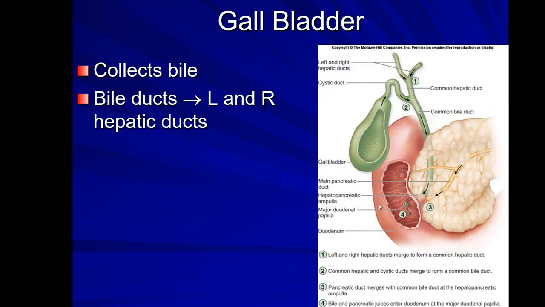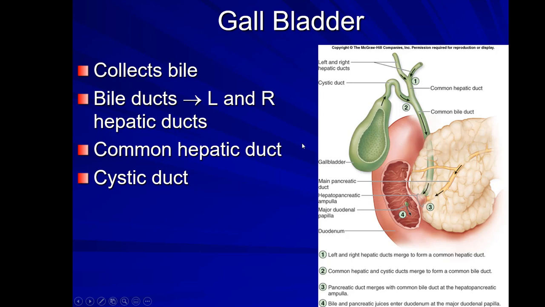All right, so the gallbladder collects bile that was produced in the liver. And so coming from the liver, it comes through here, and then the bile is going to come through here, and then enter what's called the cystic duct to be stored in the gallbladder. So cystic duct leads to the gallbladder. And when you need bile in the GI tract, the gallbladder can contract. It has smooth muscle in it, and that bile can go down the common bile duct and enter the duodenum